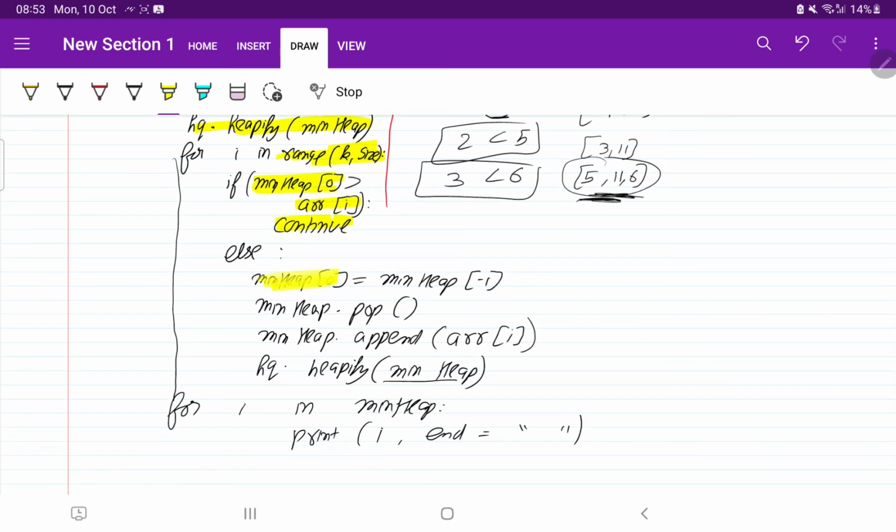Else min heap will copy the last element to the first, then remove the last element, then again insert an element, then use the heapify function. Like this continue the process until we reach the end of the array. Once it is done, we are going to use the print statement to print the min heap.